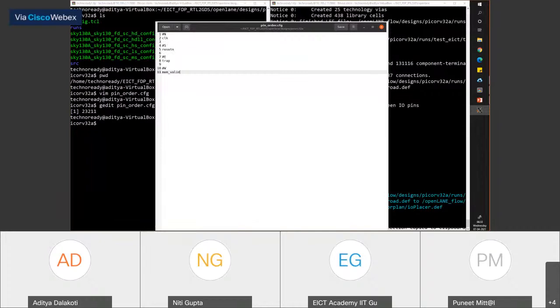The clock goes on the north direction, reset n on the south direction, trap on the east direction, and mem valid on the west direction. We are just doing this first as a trial. Are we able to do this? Okay. Take your time, create this file at your end. I'll give you 5 minutes to create this file, and then we'll do the rest of the changes.